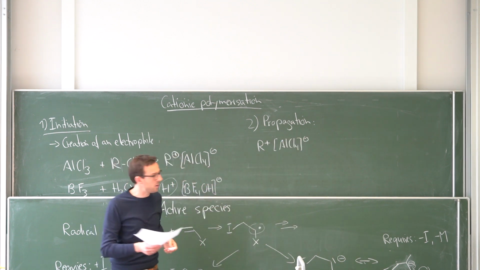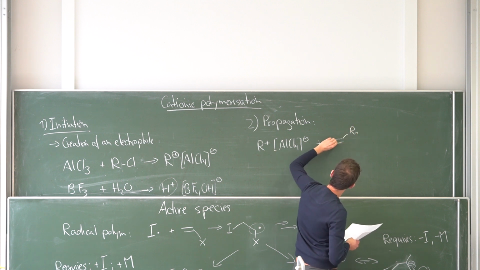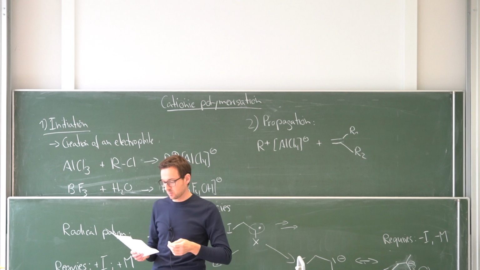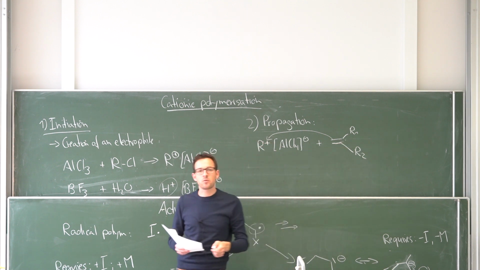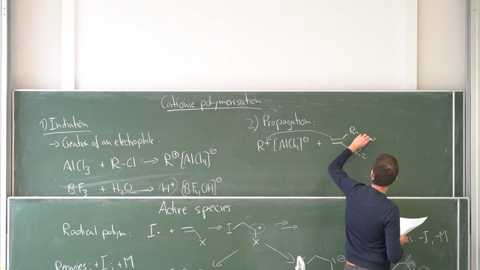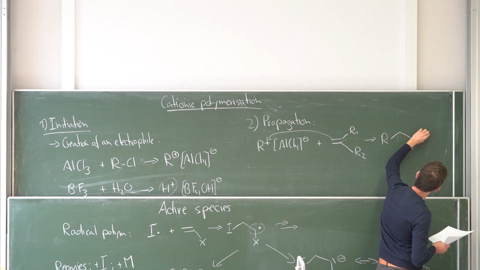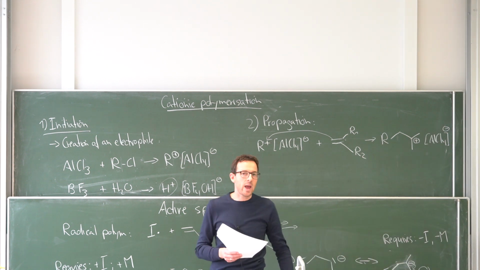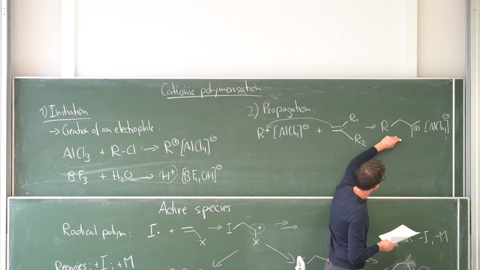So here is the active species that we just formed, and we let it react with a suitable monomer, for example, one that contains two CH3 groups here, as we just discussed before. And now this really wants to have electrons, and the electrons can come from the double bond, and we transfer the active carbocation to this carbon here in alpha position next to the substituents. And here we have our active species on the monomer,